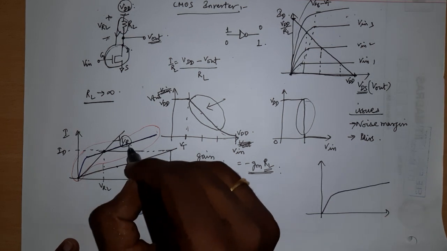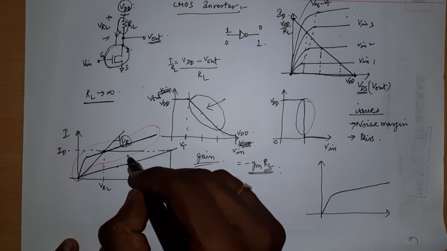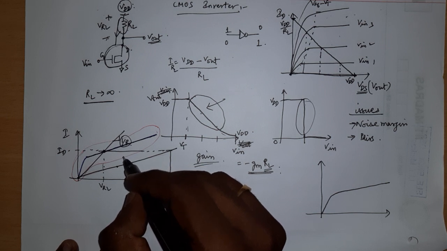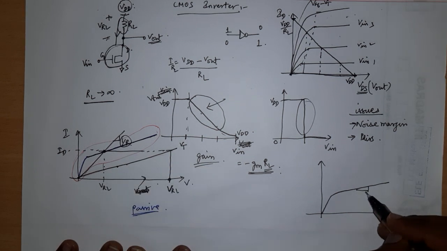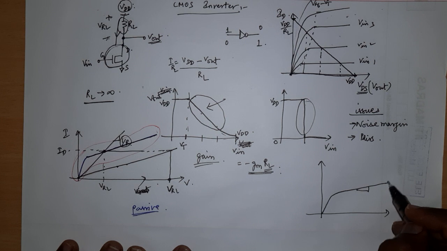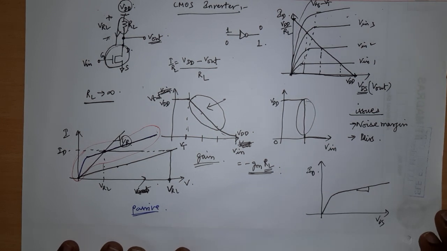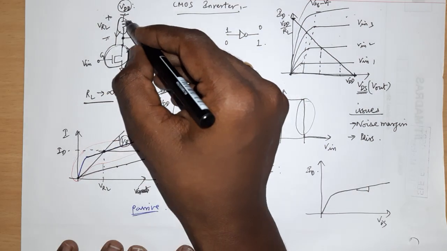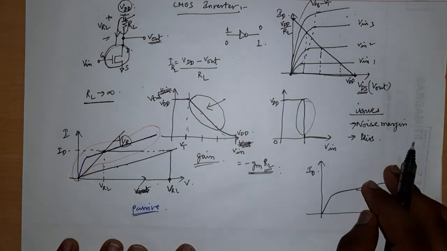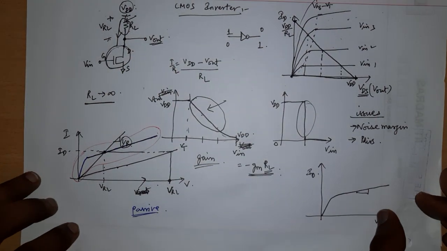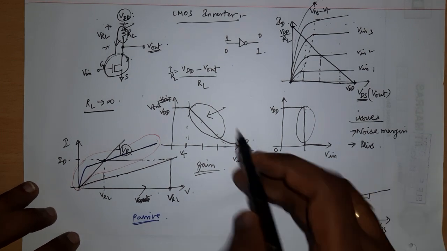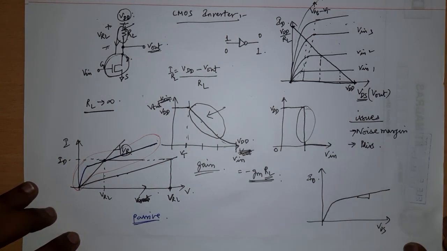something like this, and the smaller the slope, the better it is for me to have even higher gain. And if you have channel length modulation, you will have some finite slope, which we also saw, VDS versus ID. So I should replace this resistor. If I replace this resistor with a MOS transistor, then I will actually have whatever I desired or intended to have. So now let us see